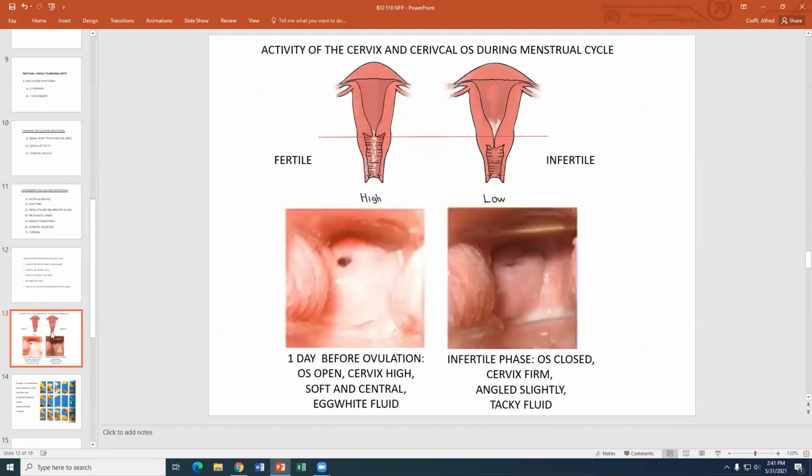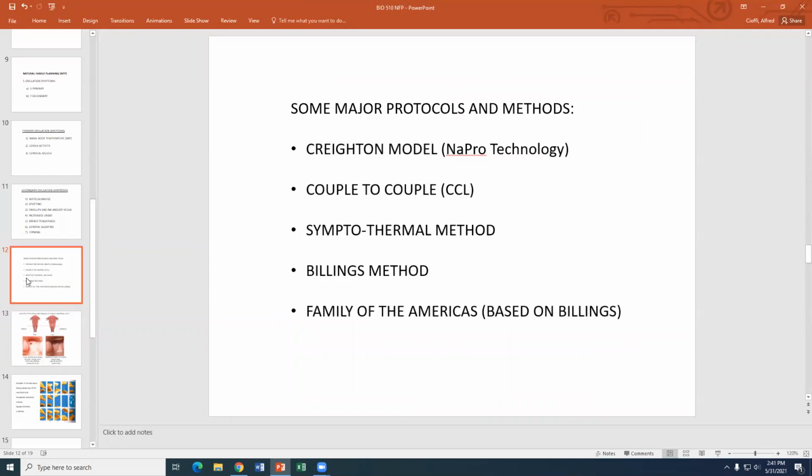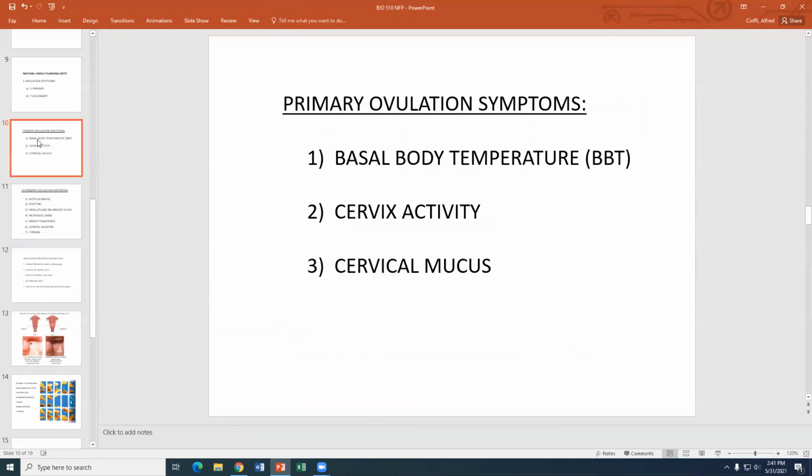All right, let's look at, oh, sorry, I don't have a slide for BBT. Well, then let me go back here for a moment. So we all have a basal body temperature, right? So 97, 98 degrees Fahrenheit. And what happens is that during ovulation, there's a slight increase in the temperature of the body of the woman, obviously. And it could be anywhere between 0.5 to 1 degree